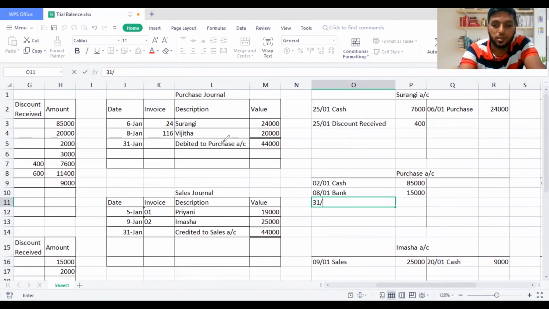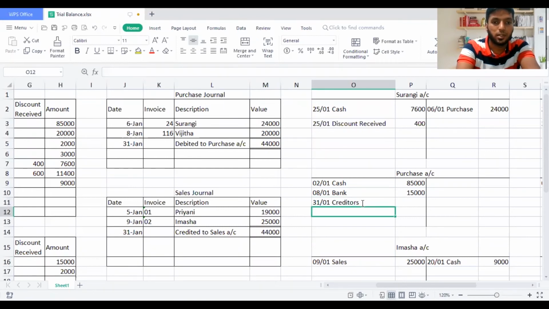I'll write here. You can write here. For the final value, I can write it as, now it's the purchase account. I can completely say it as creditors. So what is the value of creditors we're going to take into this sum? It's going to be